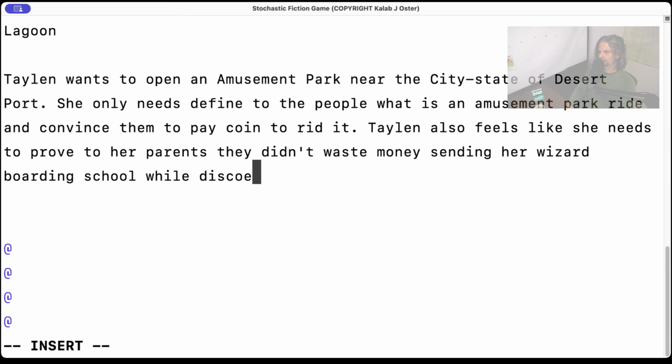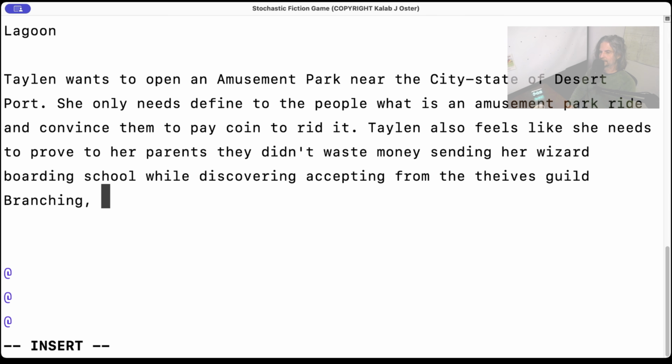While discovering accepting money from the Thieves Guild branching comes with deadly